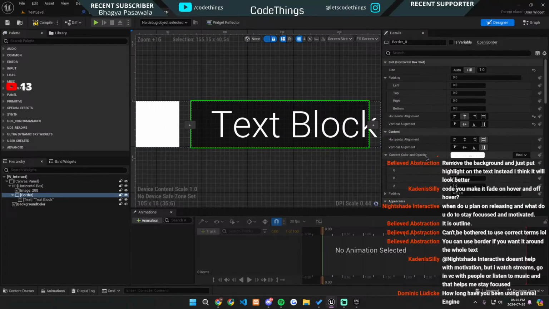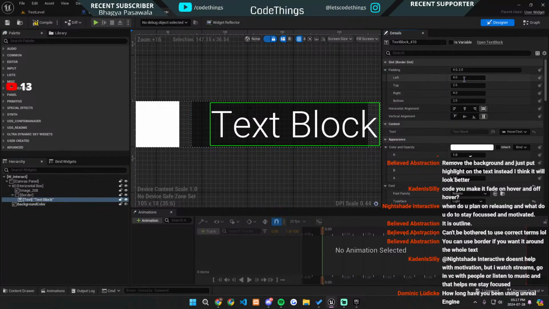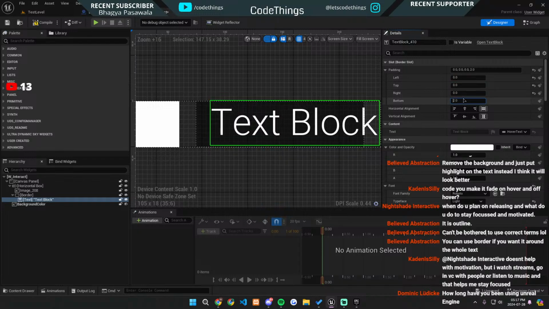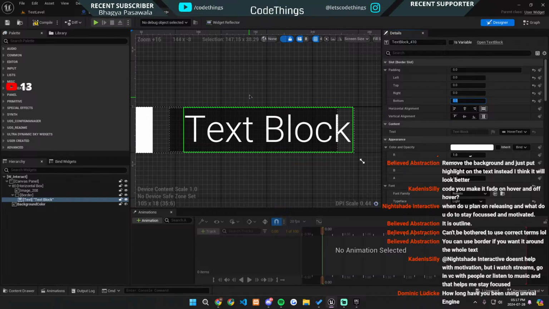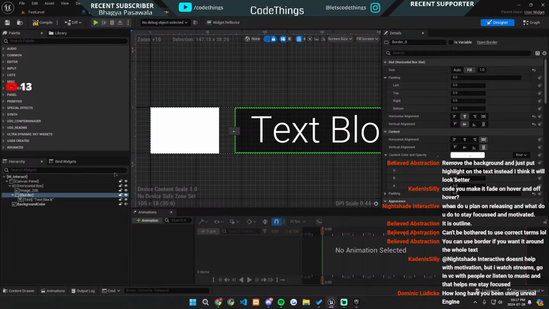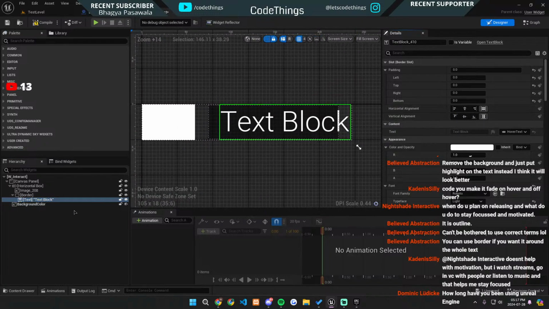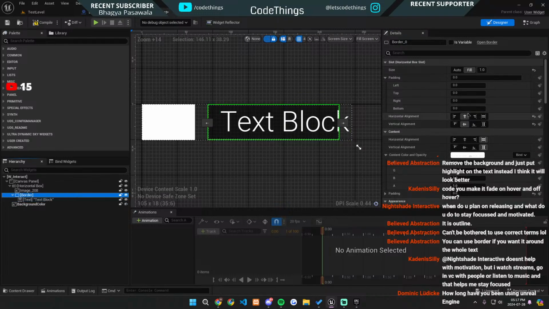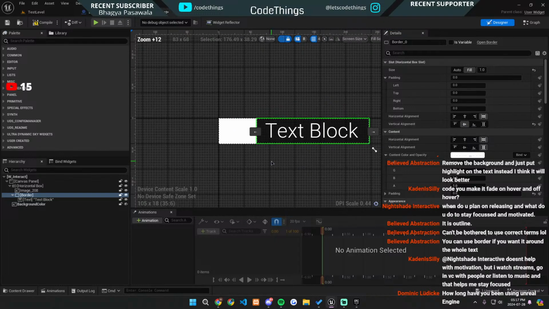Okay, so let's see. I have the border, and the border is not on the actual text. So what I could do is reset this padding right here so that it's now on the actual text. Zero. Now it's still not on the actual border. Let's see if I make it centered. Will that do that? No. Border. There we go. Now instead of that, just make it center like that. Okay, so now